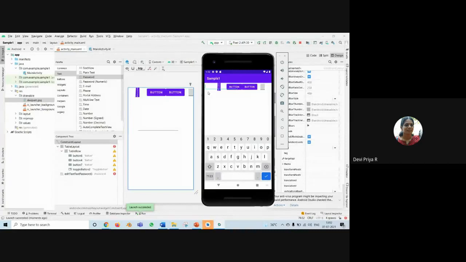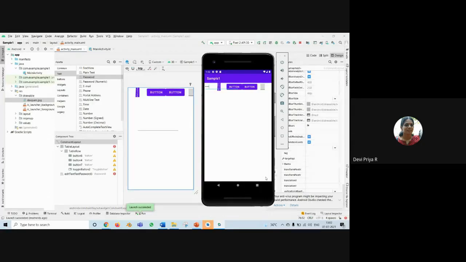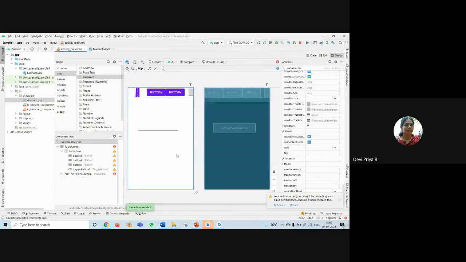Okay, so these are the buttons and password. Since I have not given any positioning, it is displaying at the top. See here, whatever number I'm typing is just typed as a password. For that you can have this clear box, and if you want to delete all those things, you can delete, and you can type your password and click tick here. For that you can give on click events.